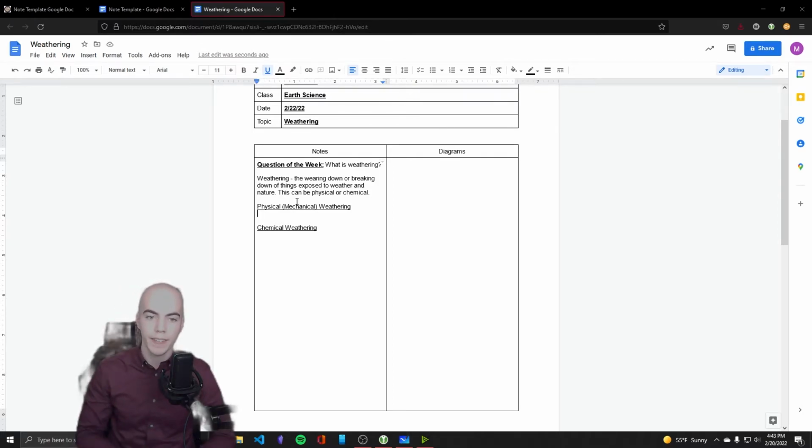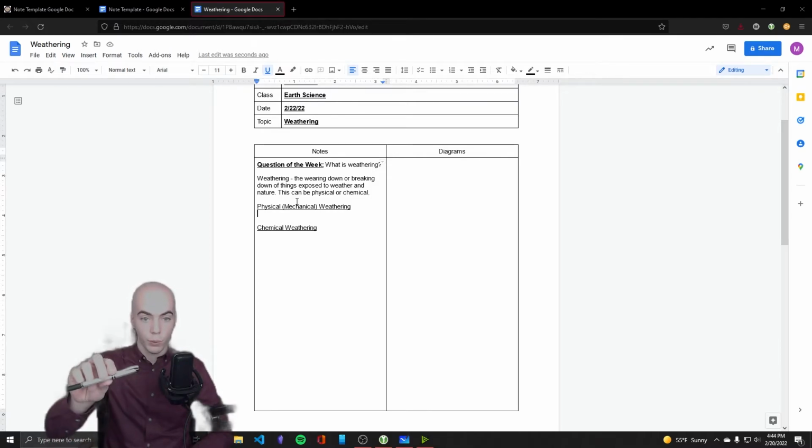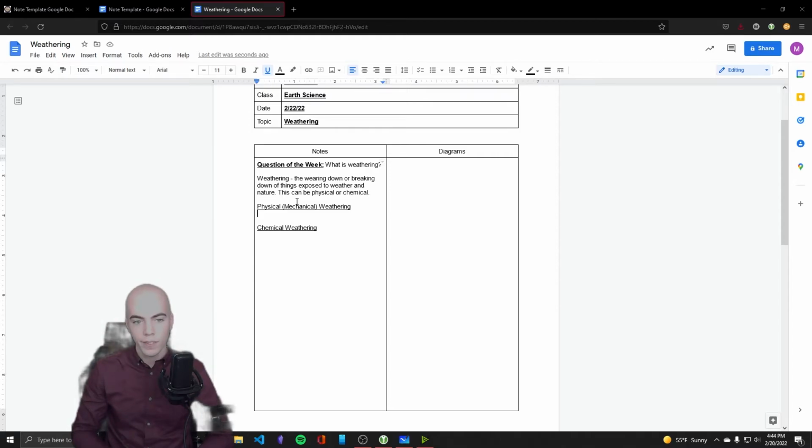Now, I wasn't breaking that pen down, I was just moving it. But here's the thing. Those were both physical. I acted with a force on this pen. Gravity then acted on this pen with a force. All right? So the same thing can happen, but in terms of breaking things down. So let's start with an easy one. Animals. Animals can break things down. How might animals break things down?